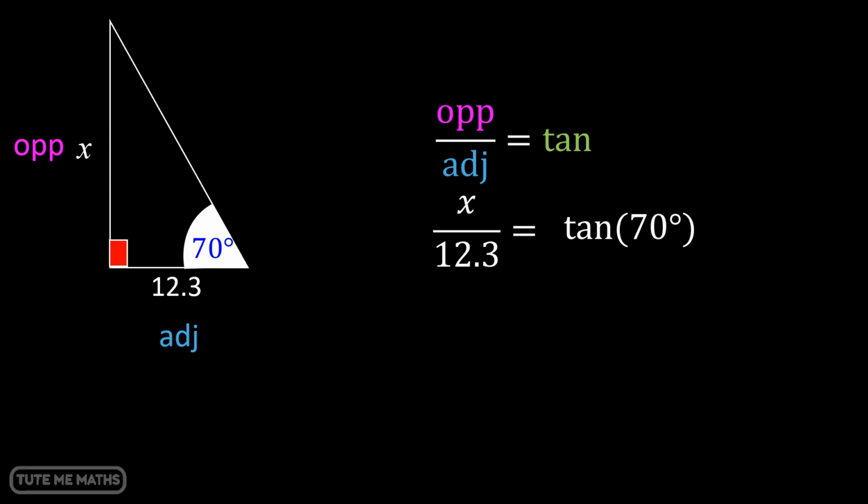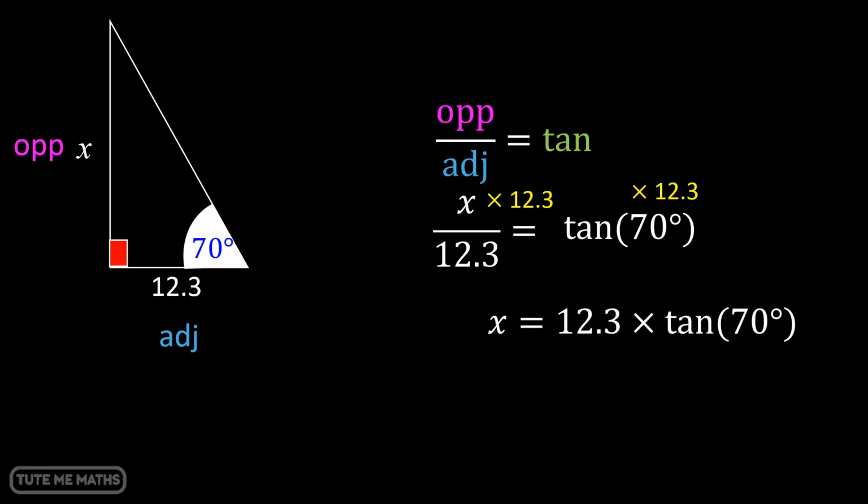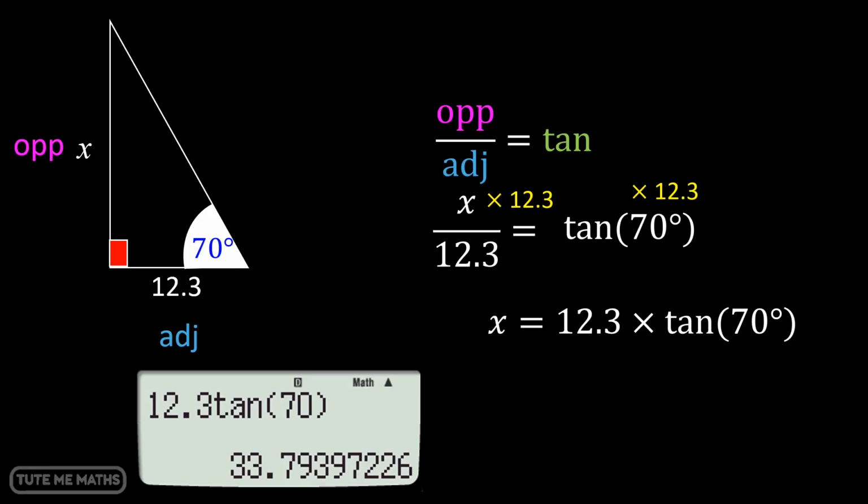And step 5, solve the equation. X will equal 12.3 multiplied by the tan of 70 degrees. Typing it into the calculator, we get this, and rounding to one decimal place, we find that x must equal